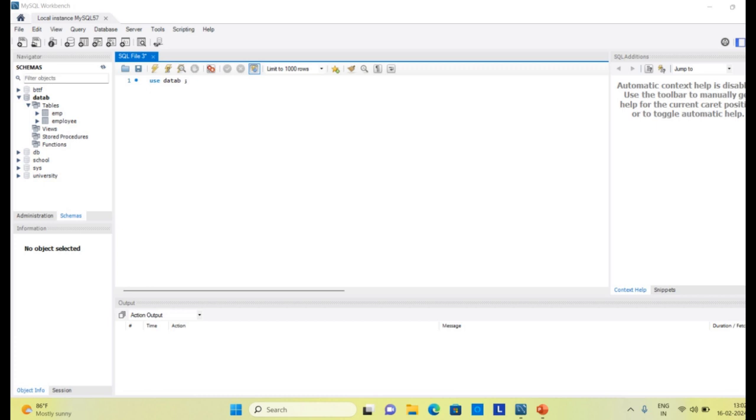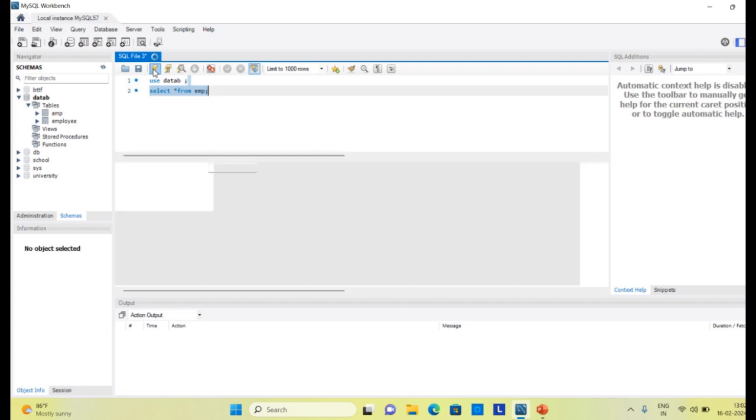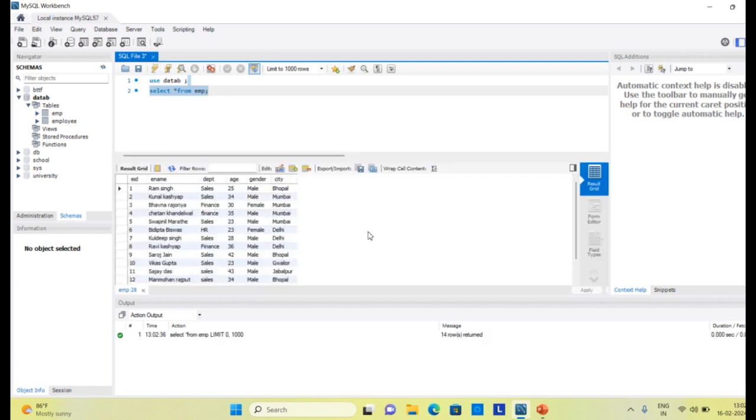Suppose I have a table named EMP and I just want to see all the records of the employees. So I enter the query SELECT * FROM EMP, and after running the query, the following result appears on my screen. I see that in all the records there are EID, name, department,